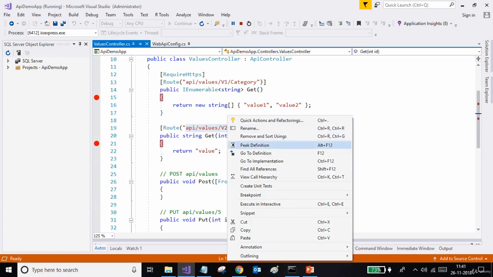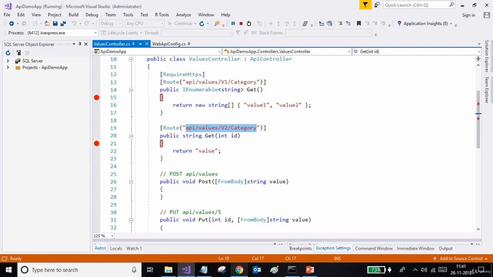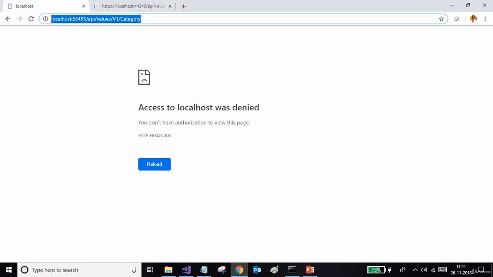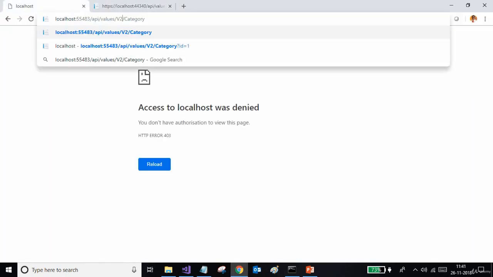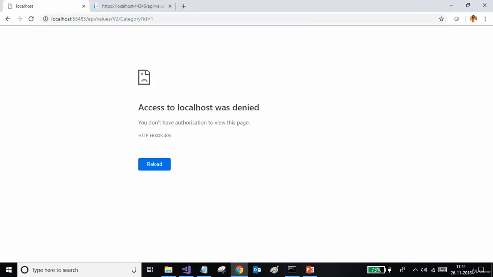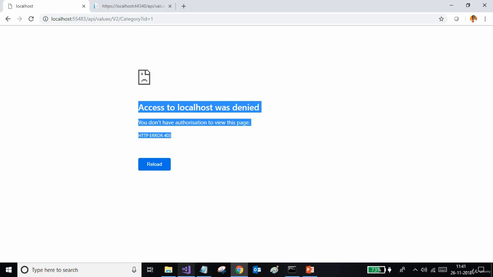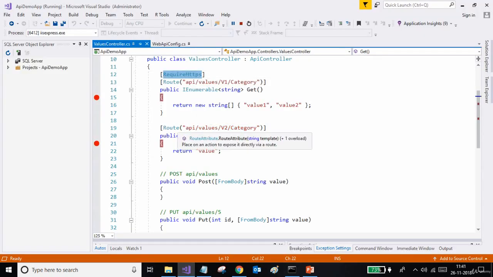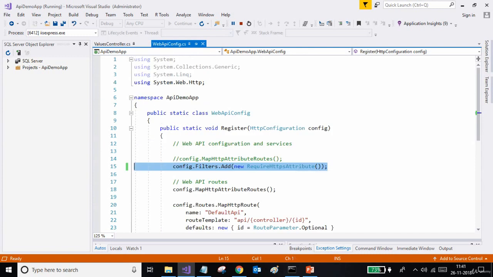and see what happens. So this is my v2 with category ID 1. It's not working. Why is it not working? Even though we don't have the RequireHttps attribute here, the API is demanding this call also in HTTPS. The reason is we have set a global configuration here. So once we set this configuration here,